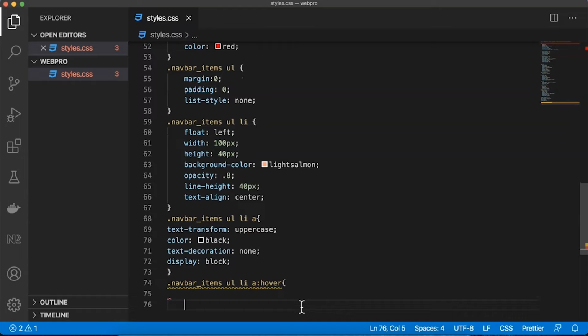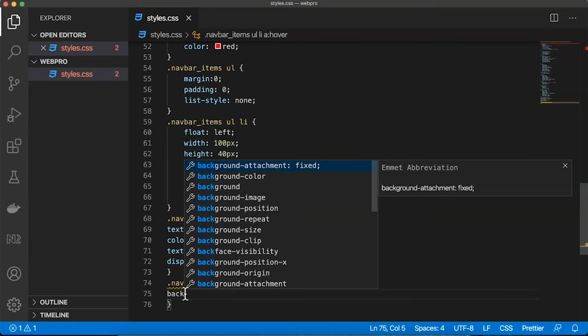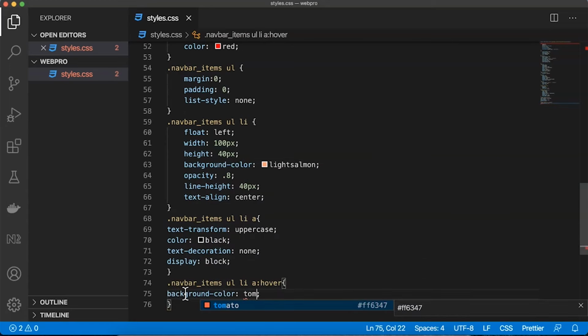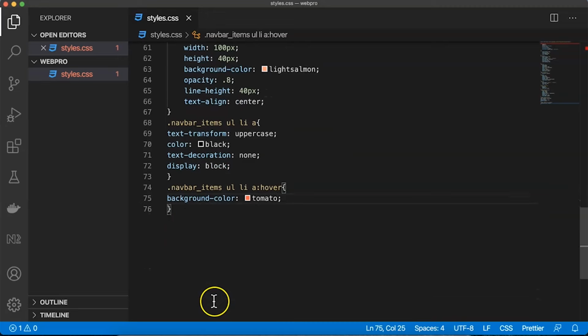So what property are you expecting for this? Here in my hover property I can say background color, and I can use tomato. Okay, after this, in the same navbar items I also want to have, after the anchor tag, what should happen. I want to utilize this condition because I want to offer some animation behavior right over there. So what animations I would like to offer under these navigation items li, I just copy this